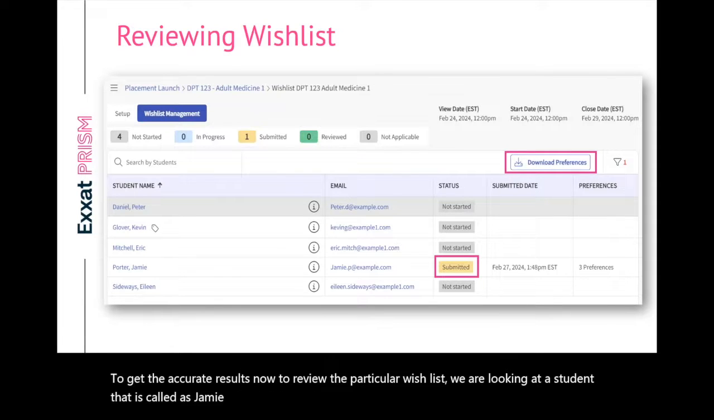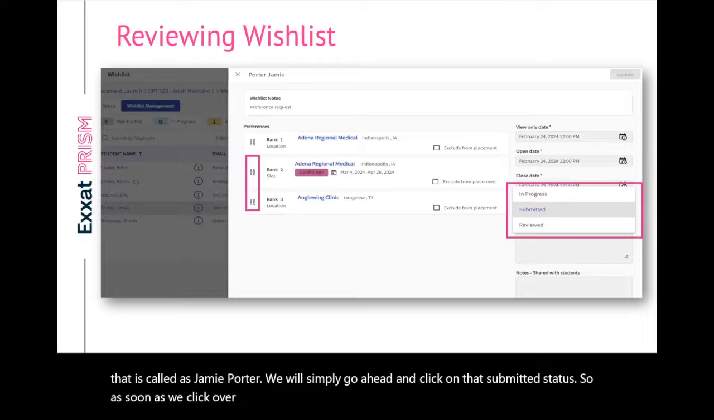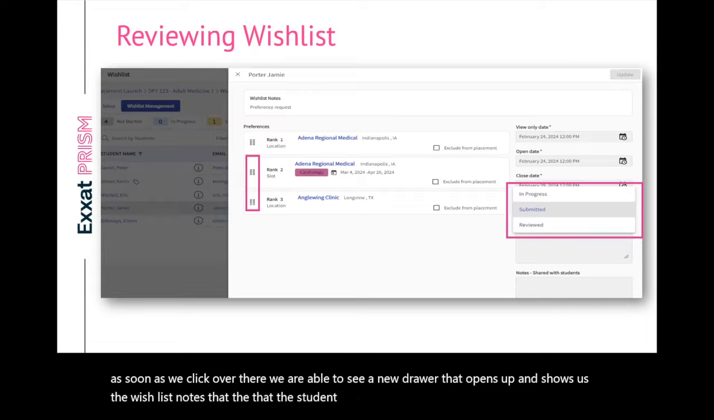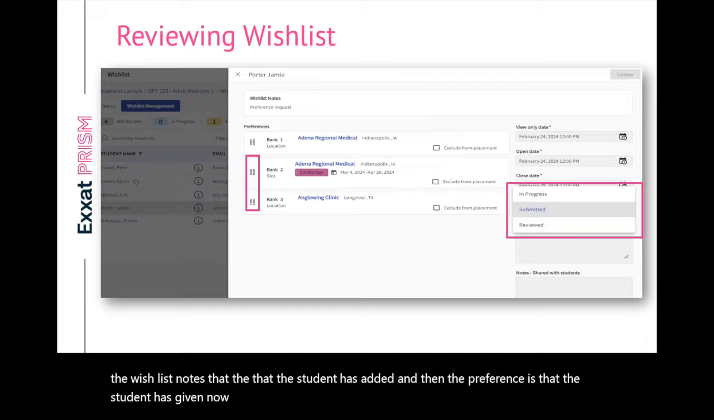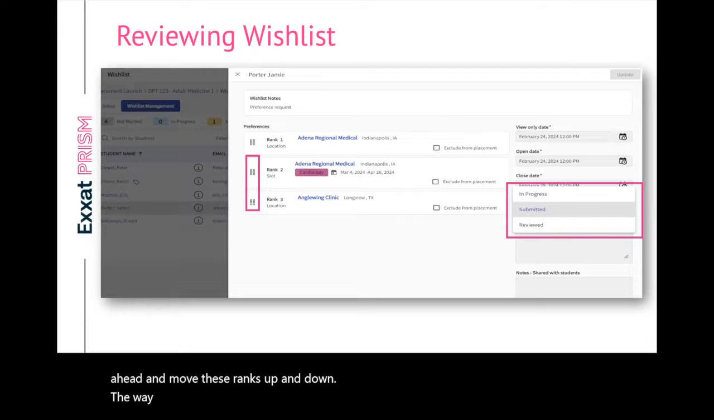We will simply go ahead and click on that submitted status. As soon as we click over there, we're able to see a new drawer that opens up and shows us the wish list notes that the student has added and then the preferences that the student has given. Now, if we as a program want to make any changes, we can simply move these ranks up and down the way we want to, or we can even exclude this particular requirement preference